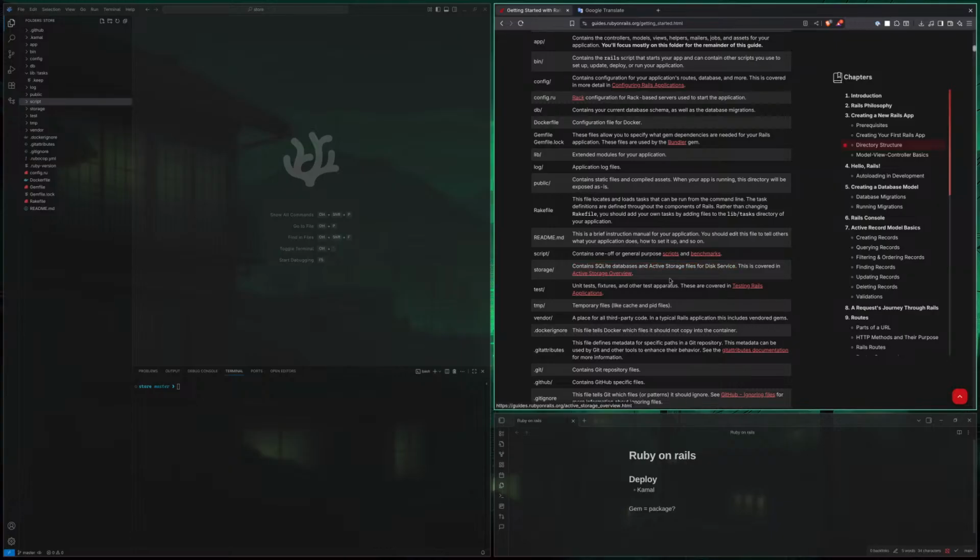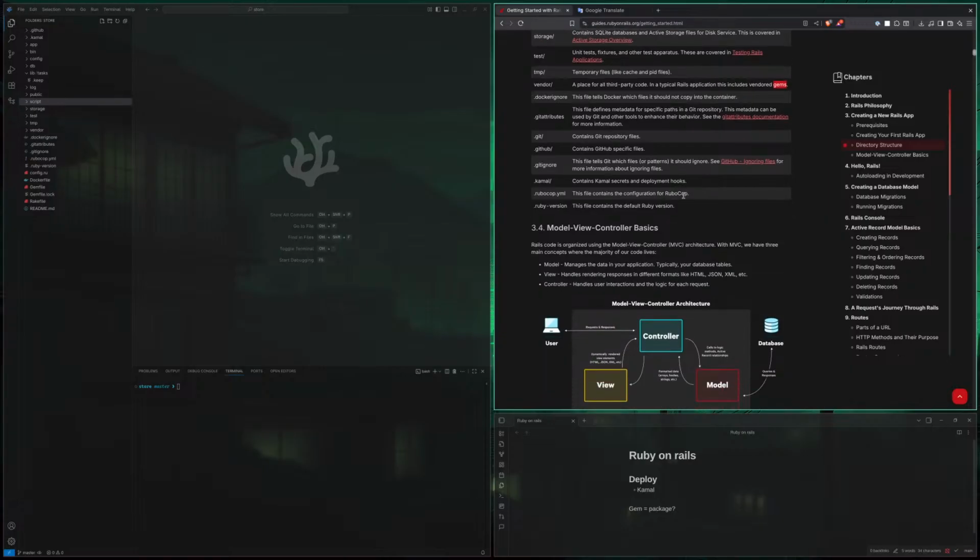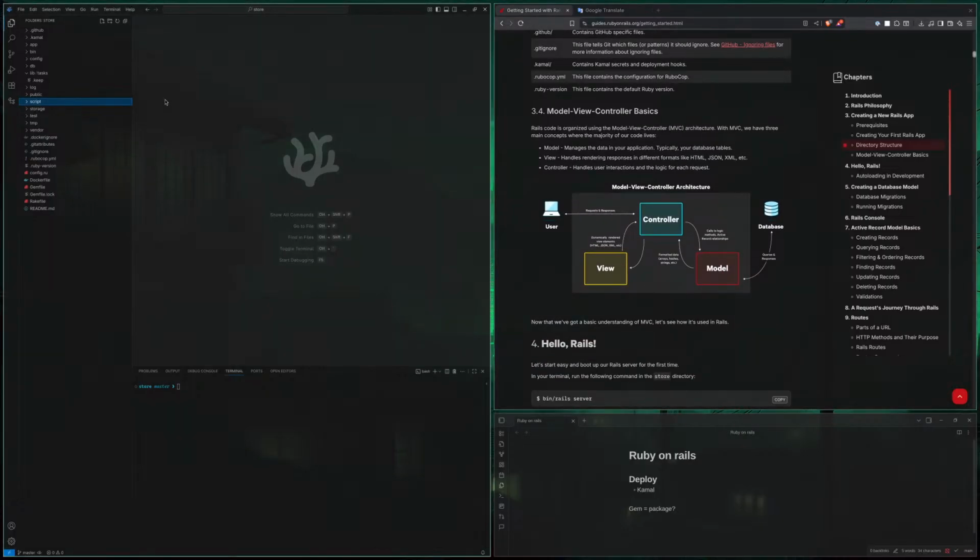This is covered in the Active Storage overview. Okay, we will read that later. We have a test. Okay. Temp, like cache and PID files. Vendor is for third-party code. In a typical Rails application, it includes vendored gems. Gems, yeah, package maybe. Okay. Pretty straightforward, right? Nothing crazy.